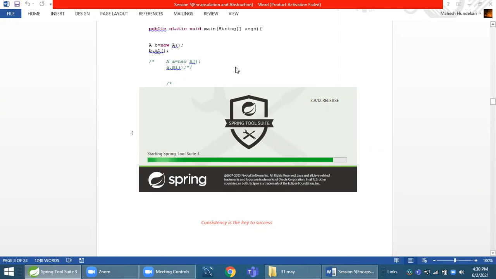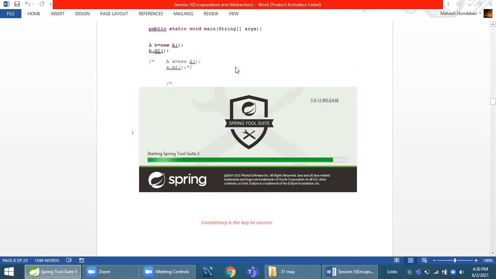Public will be accessed everywhere: within a class, outside a class, outside a file, outside a package. And protected members will be accessed within the package as well as outside the package, but outside the package they will be accessed only in a child class.